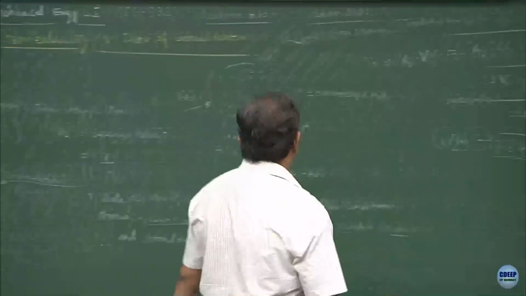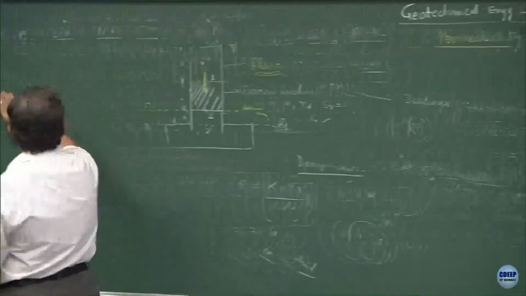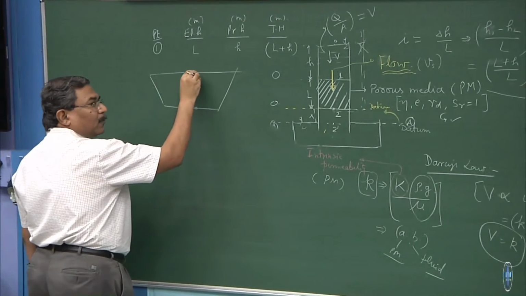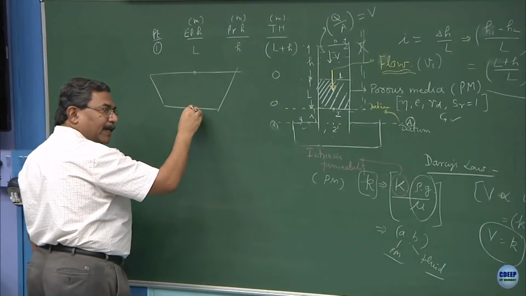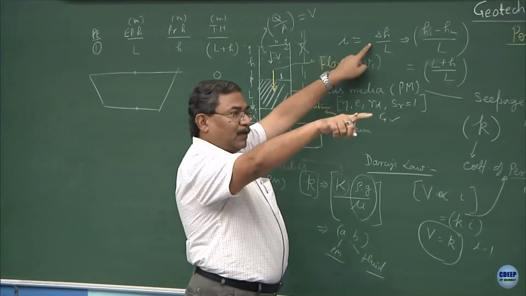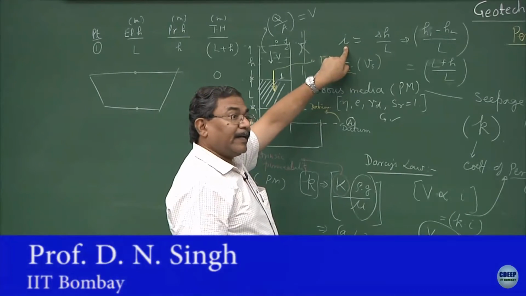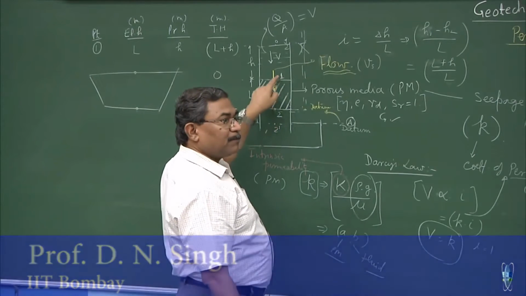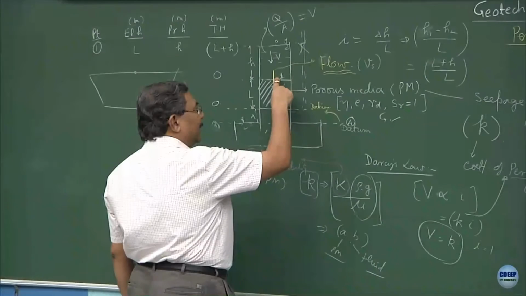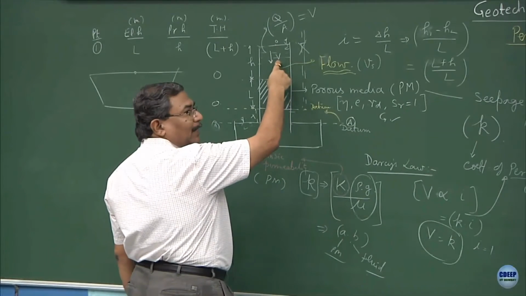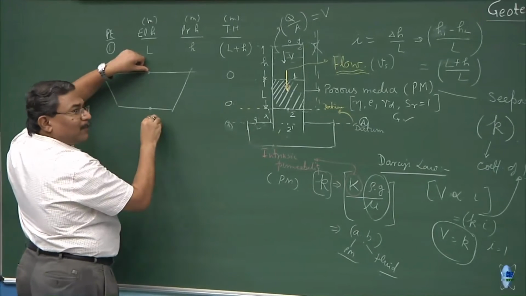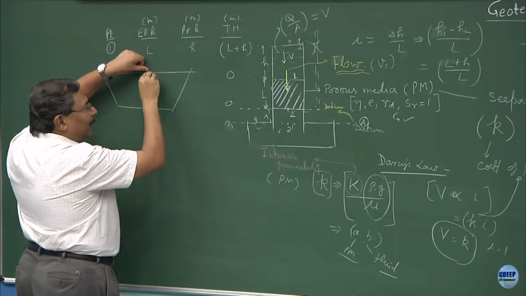So, starting from a simple situation, you remember the reservoir we took, and we proved that the total pressure at this point and this point is the same, and hence I is 0. What is I? I think this is another interpretation to answer your question. I is the hydraulic gradient, acting across the porous media, because this is how you have defined it. You said I is equal to delta H upon L. If I use the same concept here, the hydraulic gradient between this point and this point is going to be 0, because the total head at this point and this point is 0. Agreed? So there is no hydraulic gradient acting between these 2 points.